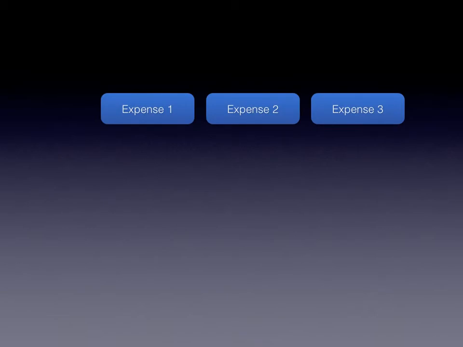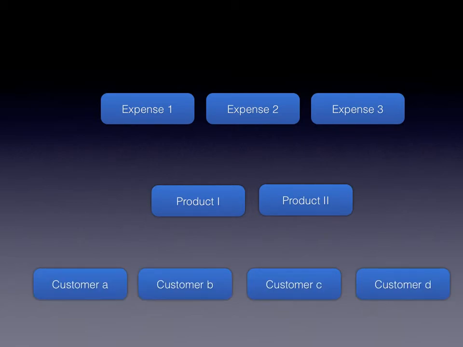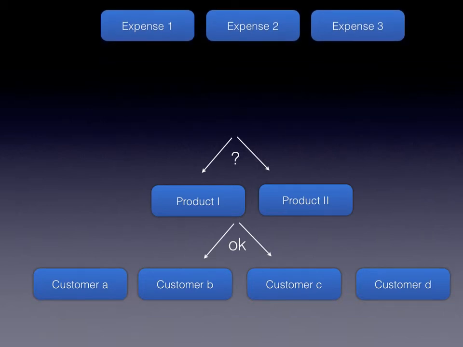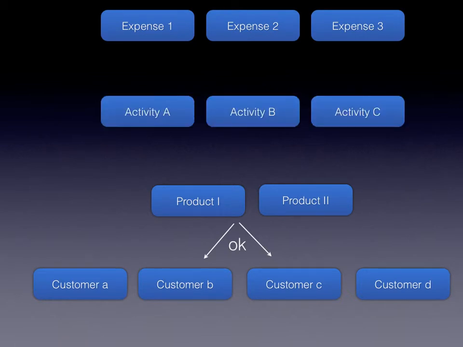In other words, if we try to forward model the influence of cost across those three layers, the main idea of activity-based costing is to introduce and specifically model all value-generating activities required to produce those products and to sell to those customers. Again, the consumption of cost through those activities can be measured in various ways, be it in